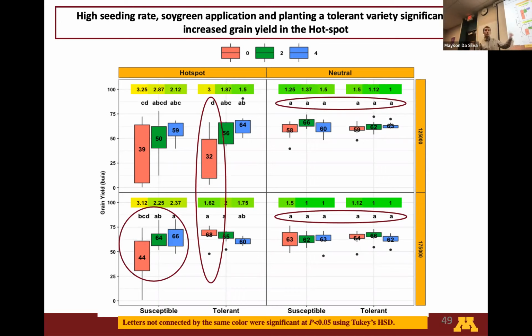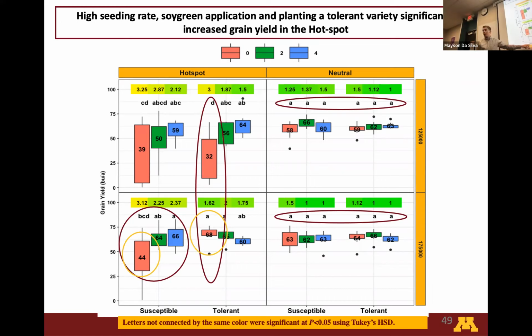Second, we found that increasing the iron chelate rate from 0 to 4 pounds per acre of the susceptible variety at high seeding rates significantly increased grain yield as well. So we found a 22 bushel difference just by applying 4 pounds of iron chelate. So again, big differences. And third, we found that without iron chelate applied and at high seeding rates, the tolerant variety